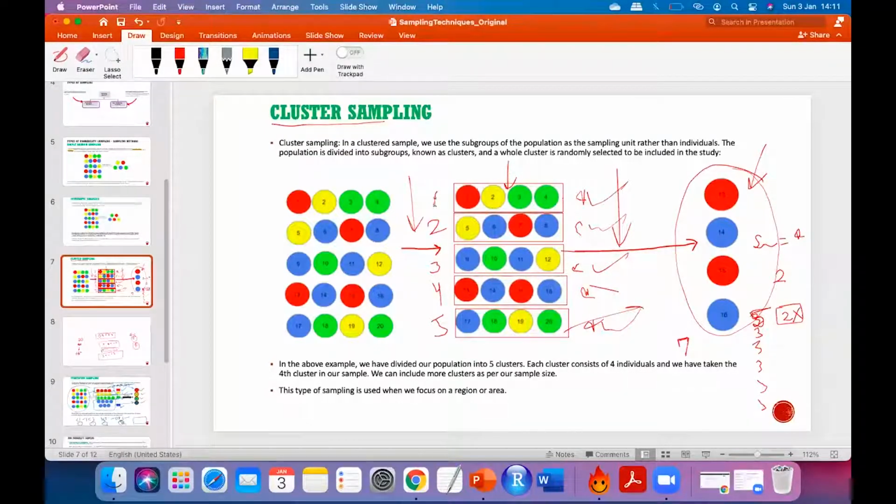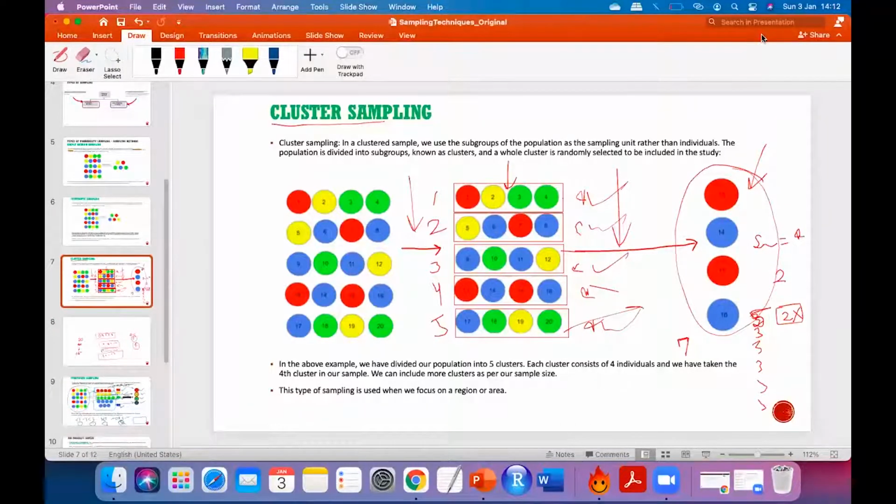I have said, first of all, the clusters are divided, correct? And what is the criteria of division of a cluster? One cluster should contain most of the colors, I mean, it should have variety. Now I'll select one cluster randomly, so out of 5 clusters, I'll select one. And now I cannot change. If it randomly came as 3, I have to go with 3. This time it came as 4, so I went with 4. Equal chances, right? If I have 5 clusters and I select one, what are the chances? 1 by 5.